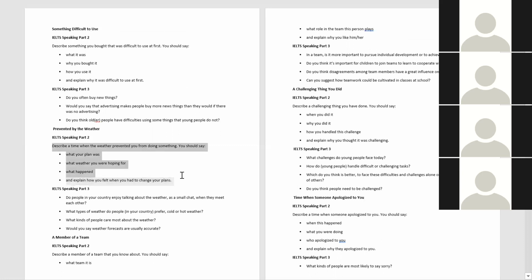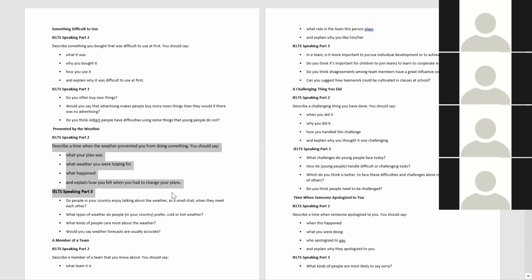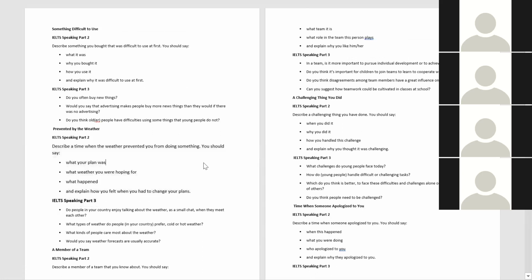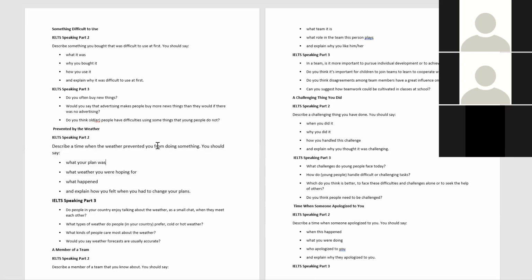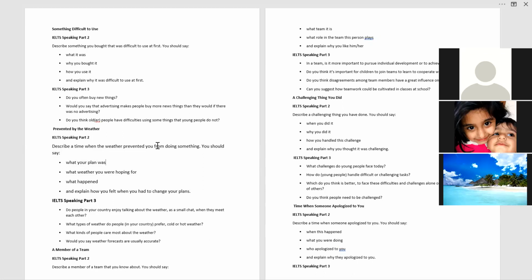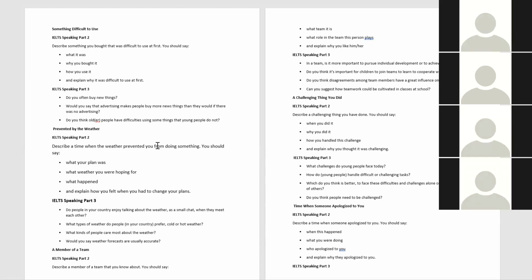Describe a time when the weather prevented you from doing something. So think about this cue card, what you can speak in that, and whoever wants to speak about it can turn on the mic and start speaking. And then we will discuss the part 3 questions, how we can lengthen them and give a logical order to them. So kindly volunteer by yourself here.